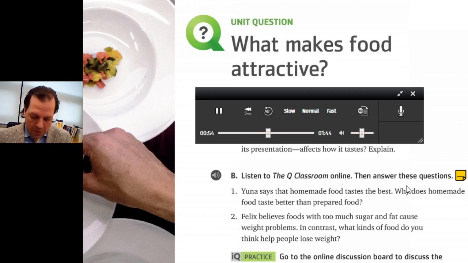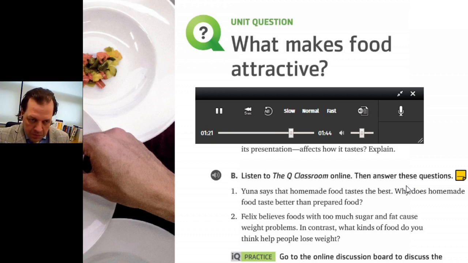Now let's consider ingredients. What ingredients make food taste good? Marcus, what do you think? I think the right amount of salt is important. A lot of prepared food, like canned food, has too much salt. And I think in this country, a lot of homemade food has too little salt. It ruins a dish. Interesting.